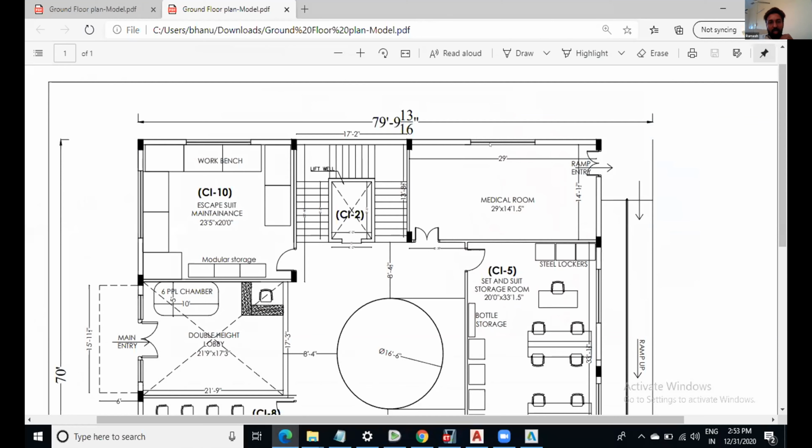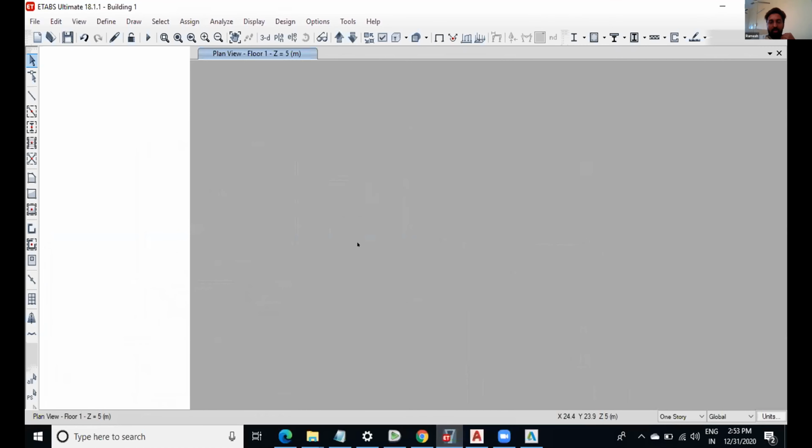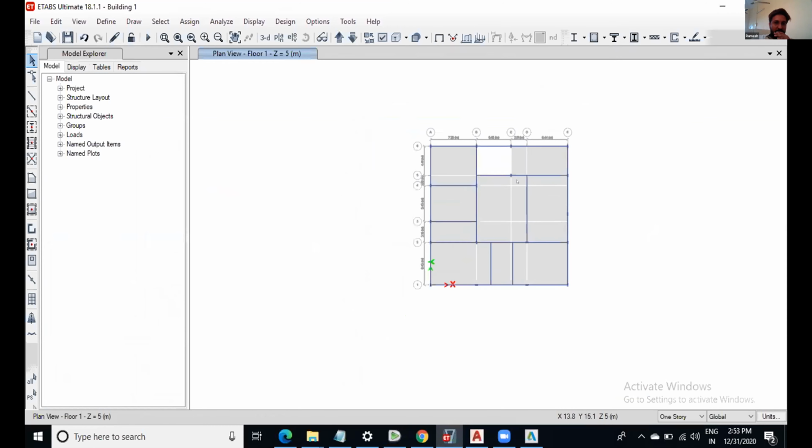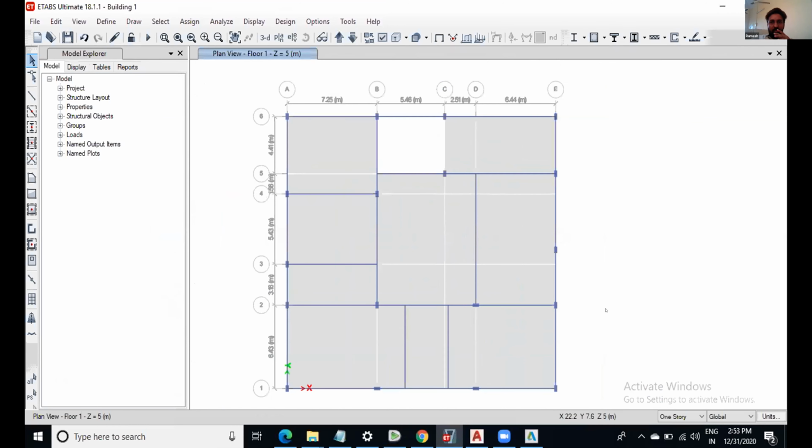Now go to ETABS and select all the outer walls. We are in the first floor.